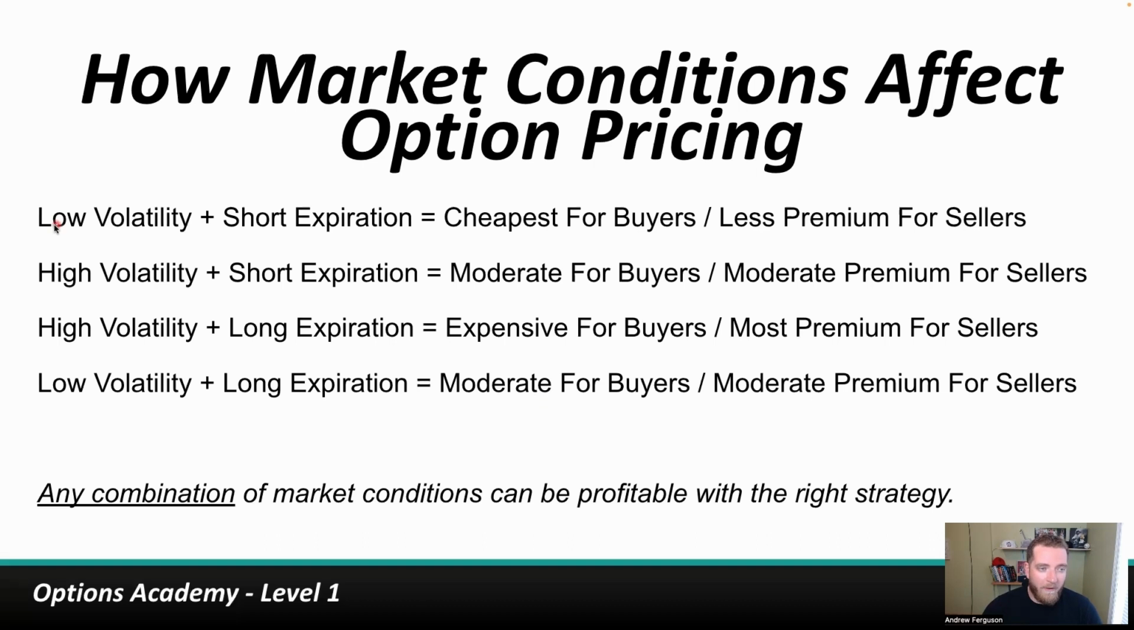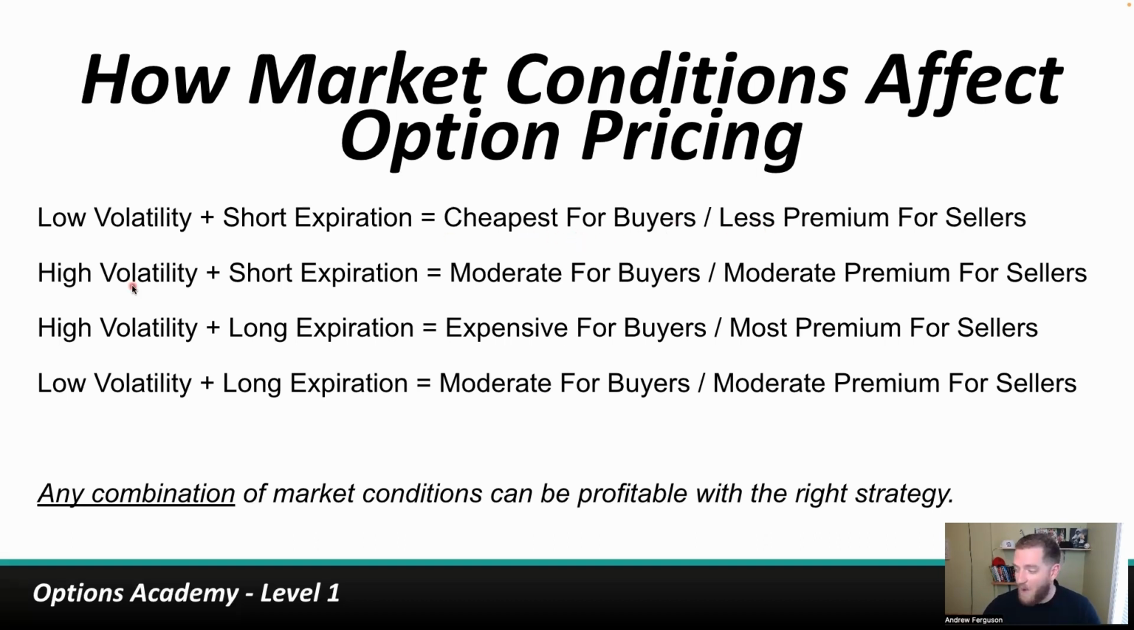when you have low periods of volatility and you have very short or small expiration dates, like 3 to 5 days, it's going to be super cheap for the buyers to buy these contracts, and you're going to make very low premium as the sellers. This may work for you, depending on your strategy and depending on your technical analysis of where the stock